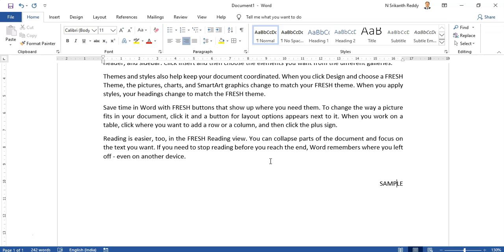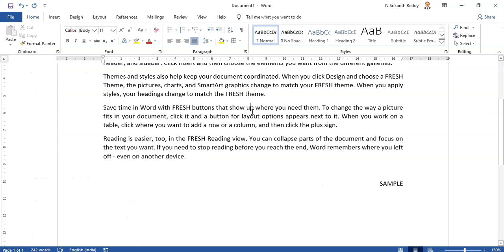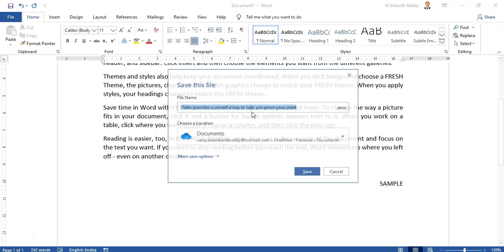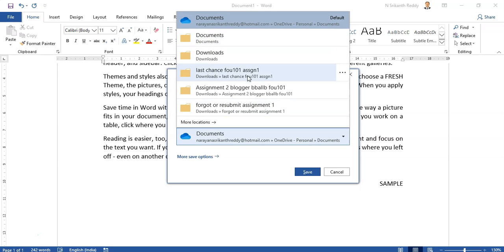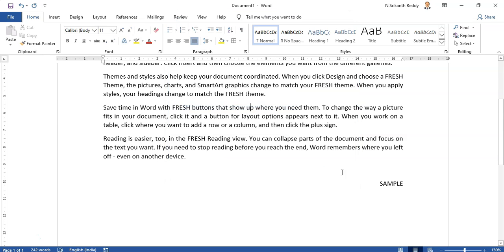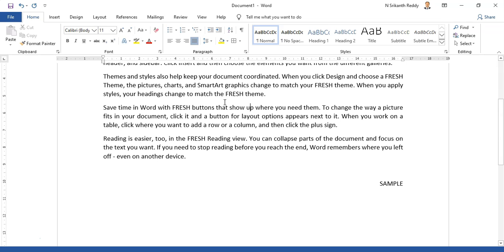Now next is OPQR. S is for saving the document. Normally I click File and say Save and Save As. If it is the first time, they are the same. Otherwise, Control S. It is asking me where I should save this document, whether in the cloud or in downloads or documents. So Control S is saving the document. How do you save the document? Press Control S, type the document name, and you are done. So that is Control S for save.